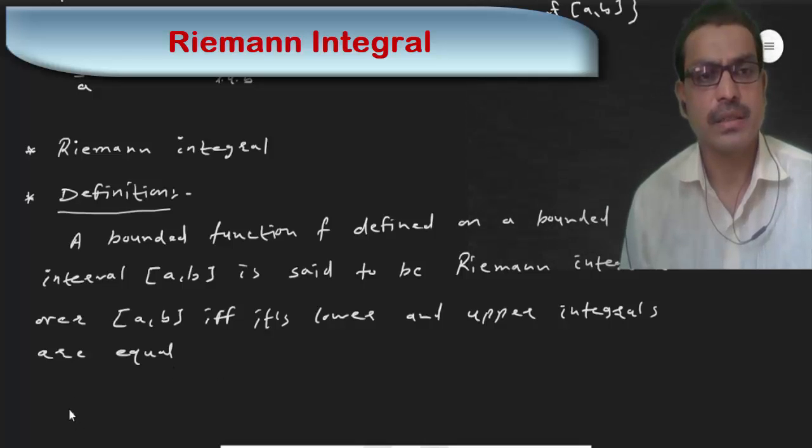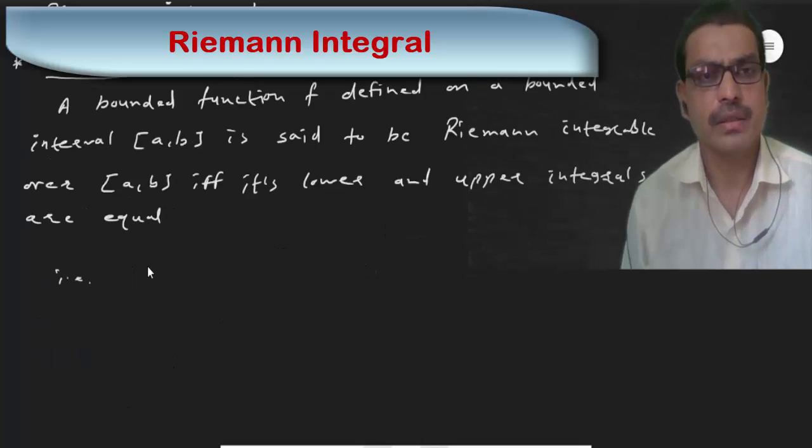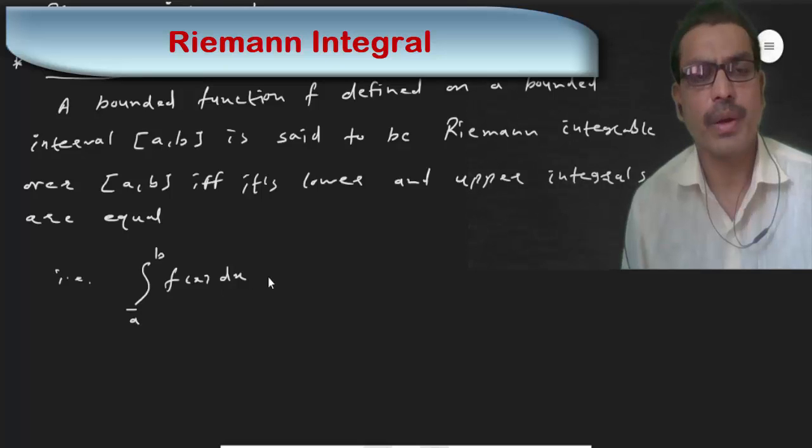That is, the integral over [a, b] of f(x) dx, with a bar on the lower side, the lower integral of f(x) dx, is equal to the upper integral of f